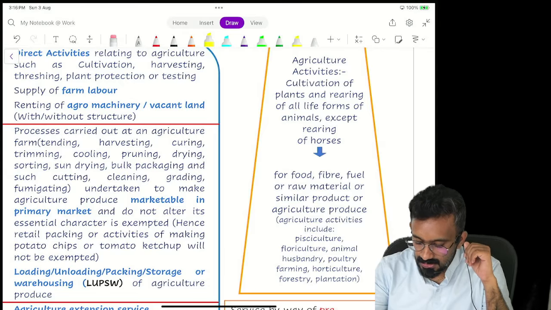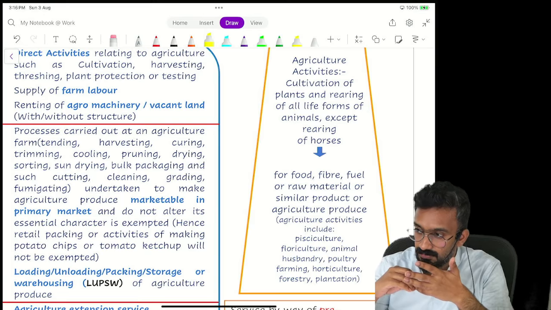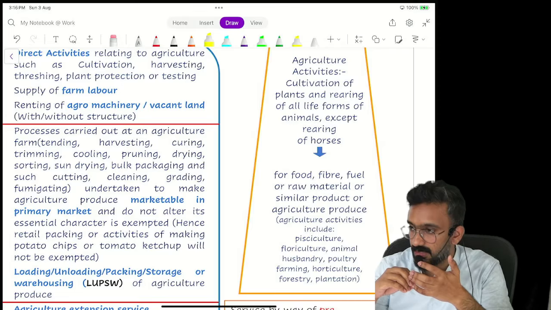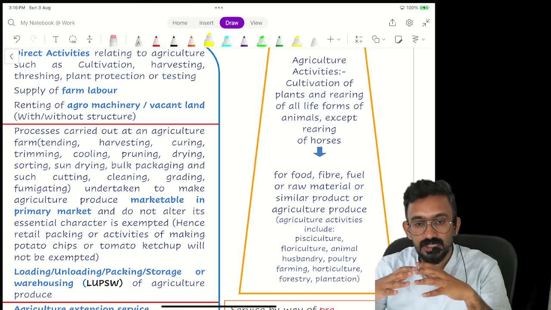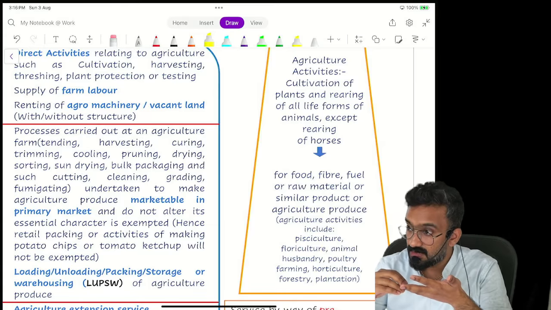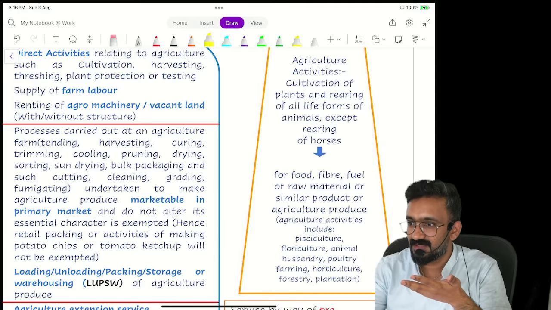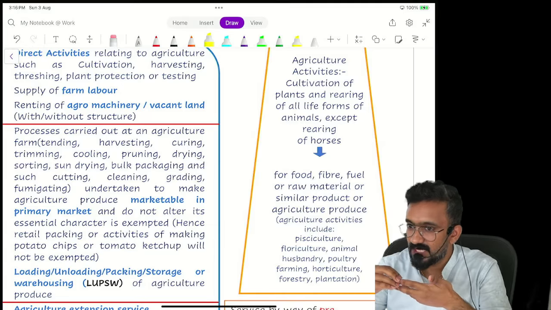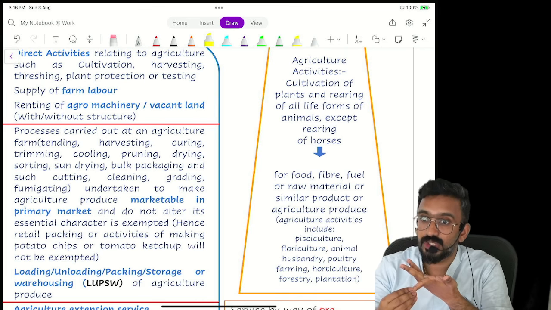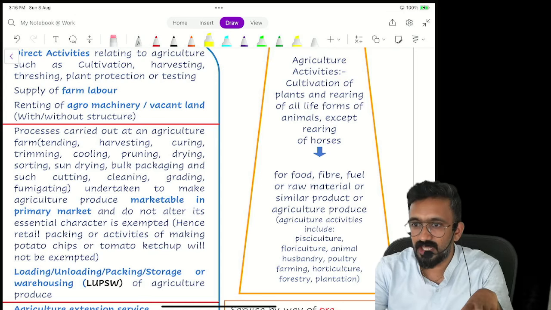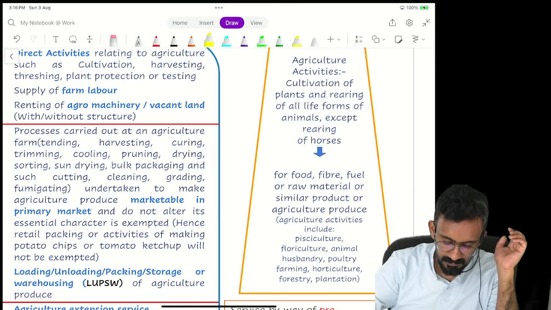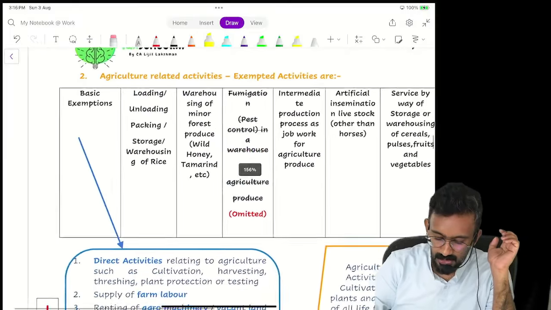They also said agriculture could be any life forms of animals, any plants. It could be for food, fiber, fuel, raw material. First I would like to tell you, agriculture has a wider definition and would include pisciculture, fish, sericulture, silkworms, poultry farming, animal husbandry, horticulture, floriculture, flowers. Everything would be considered agriculture. This is your first thought. With me?